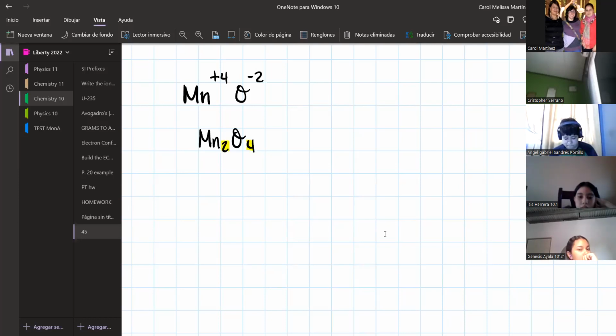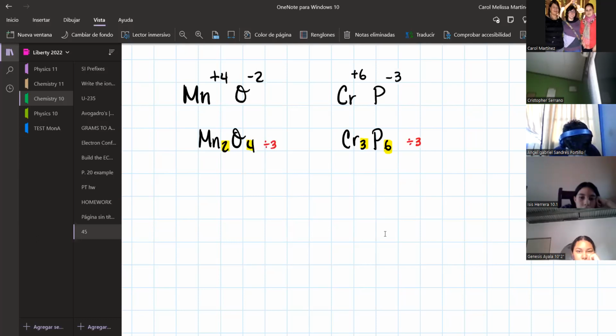Or on the other hand, you could have another example that I remember at this moment: chromium +6, and I will combine it with phosphide. So cross the charges, you will have chromium 3, phosphorus 6. 3 and 6 are another pair of numbers that are divisible. In this case, they are divisible by 3. So you will divide each subscript by 3, giving you